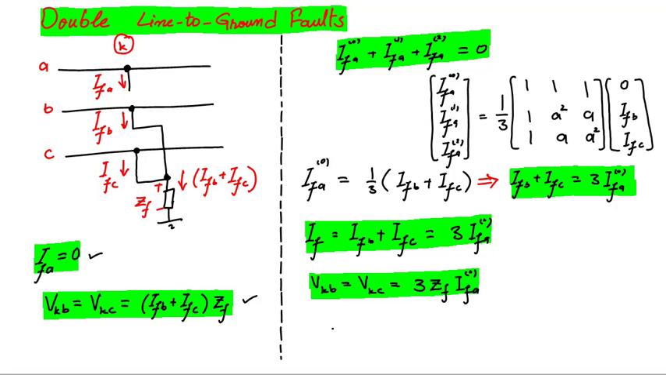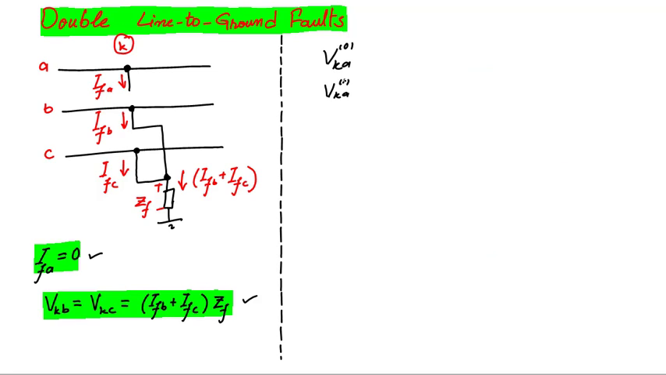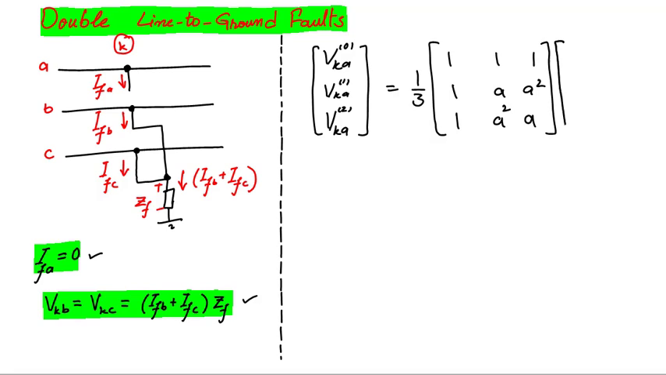Next, let's see what is the relationship between the three sequence components of voltage at bus K. Here we can see in this equation the three sequence components of voltages at bus K are equal to matrix A inverse times the three phasor voltages. Instead of VKC, I have substituted VKB, because VKC is equal to VKB. Now from this matrix equation we can conclude that the positive sequence voltage and the negative sequence voltage will be equal, and that is equal to